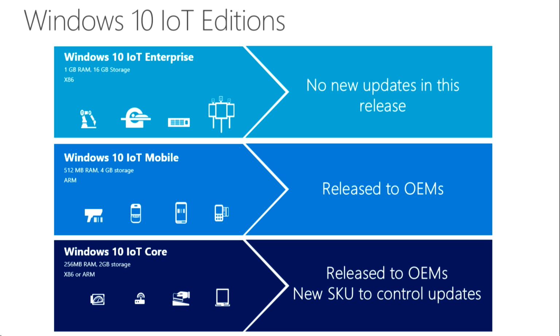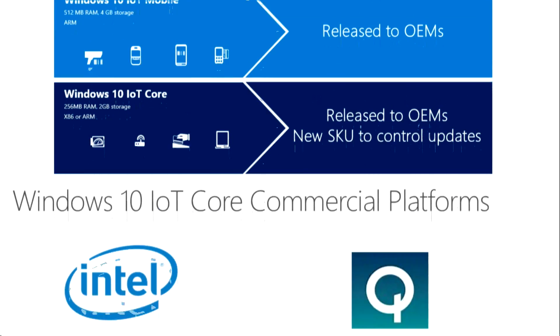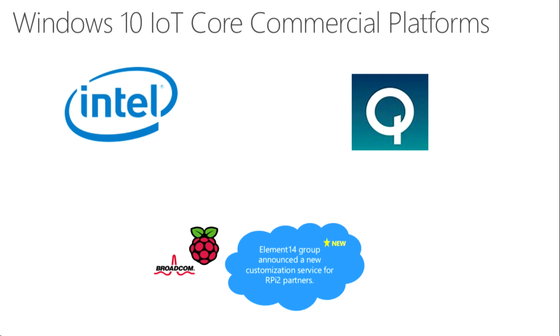They will say, well, this is my standardized image, and these are the apps on it, and these are the services on it. They'll put it onto an SD card or they'll flash it out or whatever it is, but it'll be the standard part of the way in which people deal with Windows. And that's a really big thing, because most people don't want to have another ecosystem to manage. Now, Windows 10 Core, there are 3 commercial platforms, of which we just announced the Qualcomm one, or